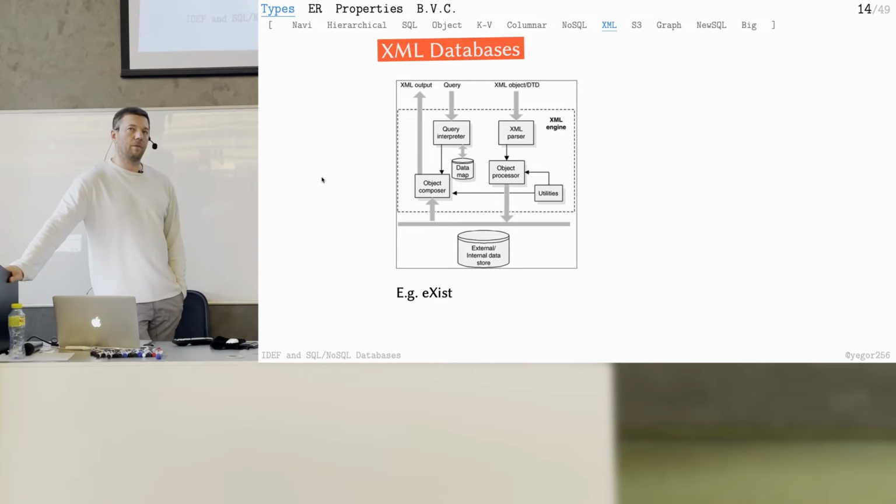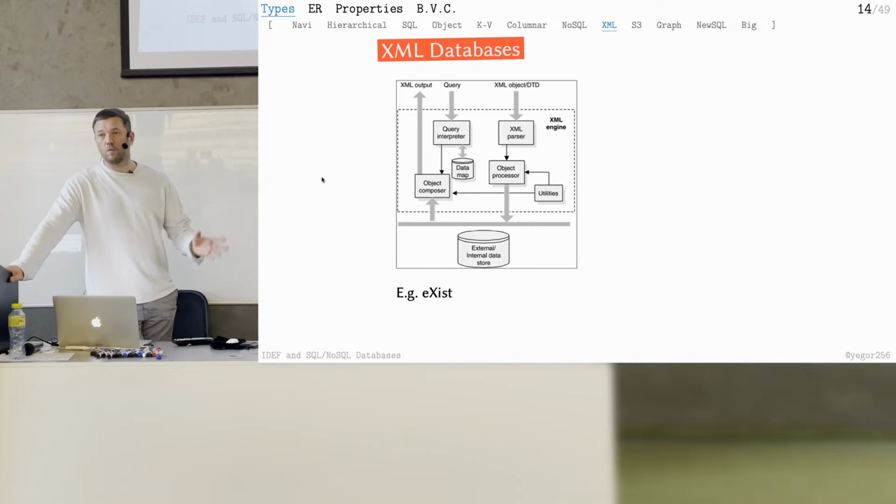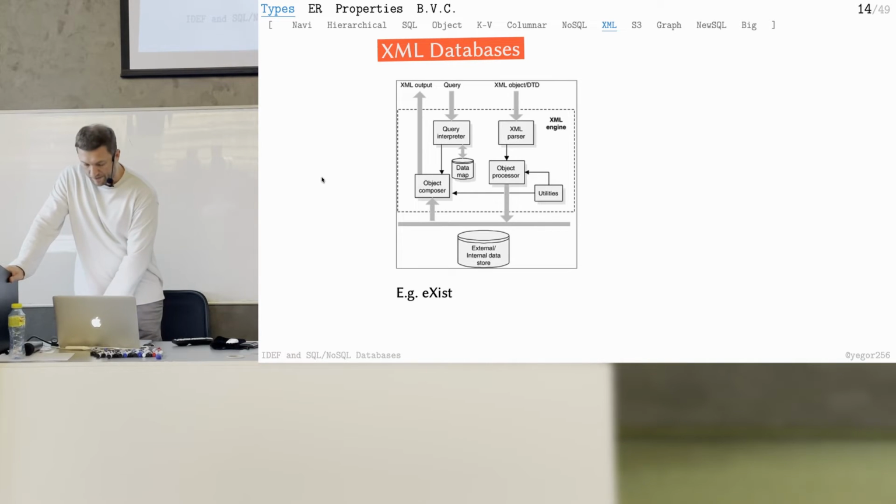XML databases, I remember maybe 15 years ago, when XML was booming, everybody thought that XML was a solution for everything, and then XML databases just showed up. Just like object-oriented programming. 20 years ago, everybody thought that was the solution for everything. Objects are everywhere, so let's forget about relational databases and move to object databases. They were created, but we still have objects, and we still have relational databases.